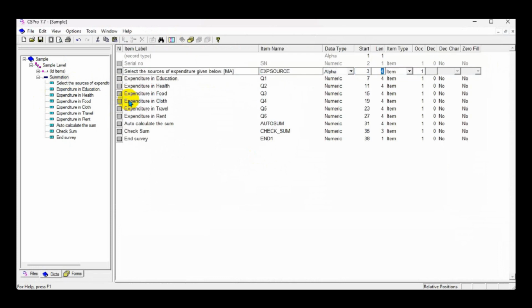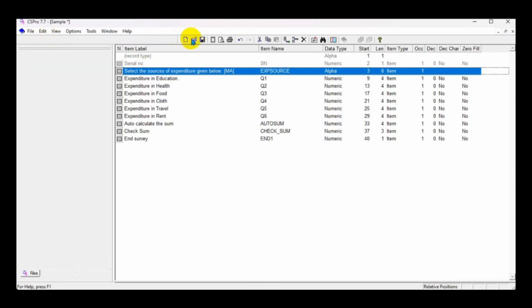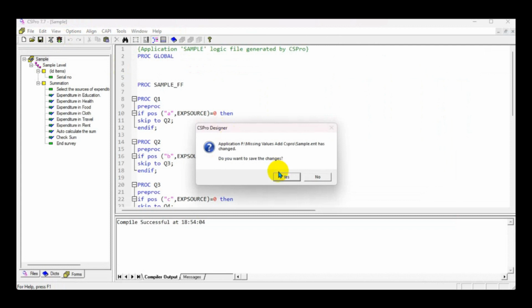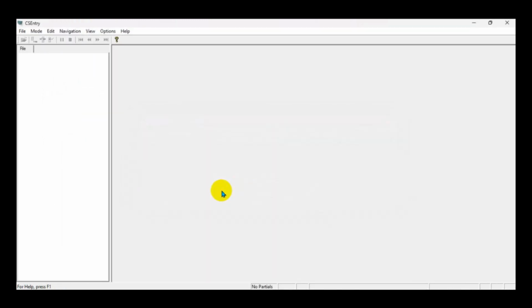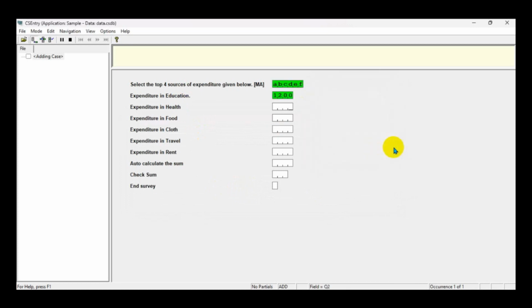I'm gonna increase the field here, length 6. All of the possible answers we can select now, and I'm gonna run again and the same question, and now I can select all of the 6 possible options, and I'm gonna enter all of the fields, and it's gonna be non-missing field for everyone, and this summation cannot be accommodated in this field as we have only 4 length, so we can